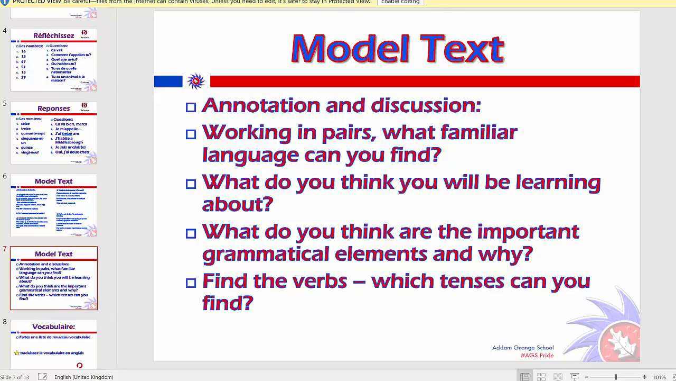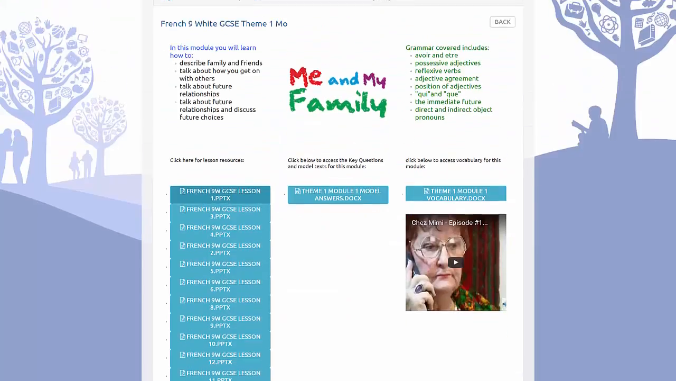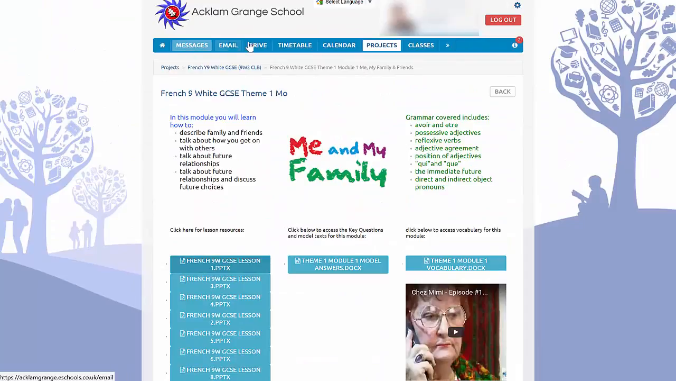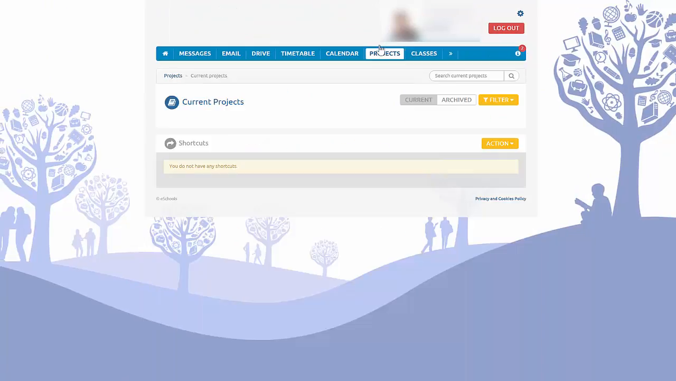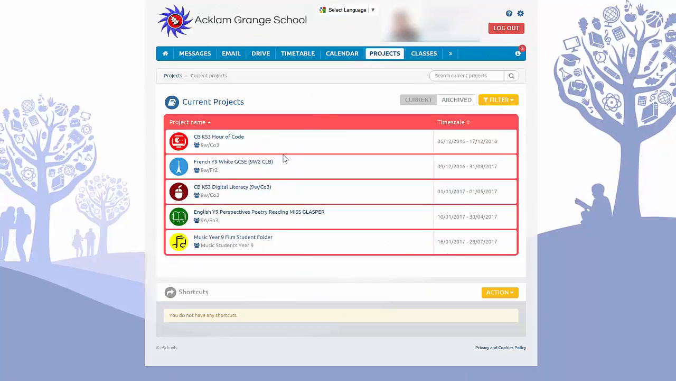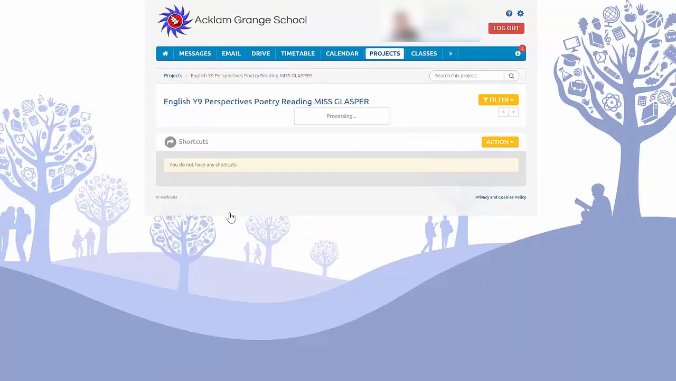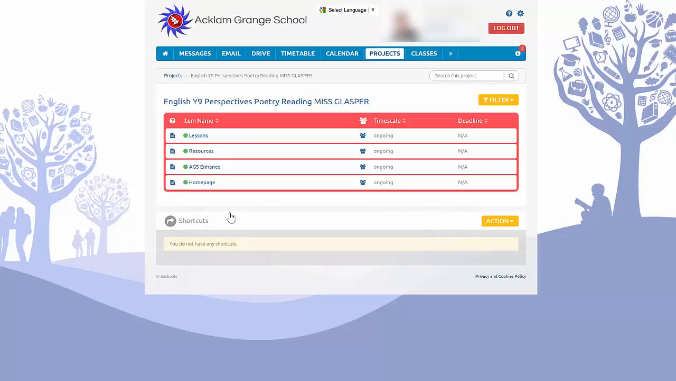So if I just come out of there, and if we just go back up to projects again, and this time we're just going to go into the English one to show you a different way that it's been set out. And you can see in here, English have got all their lessons in the first tab there. They've got extra resources, the AGS Enhanced Homework, and the class homepage. So if I just go into the lessons,